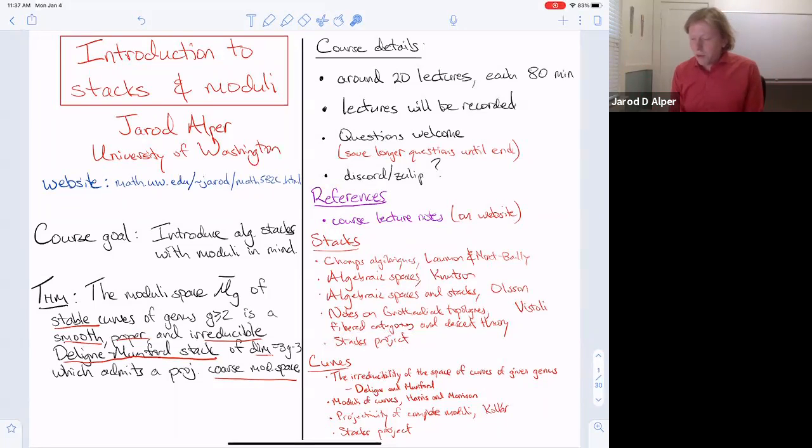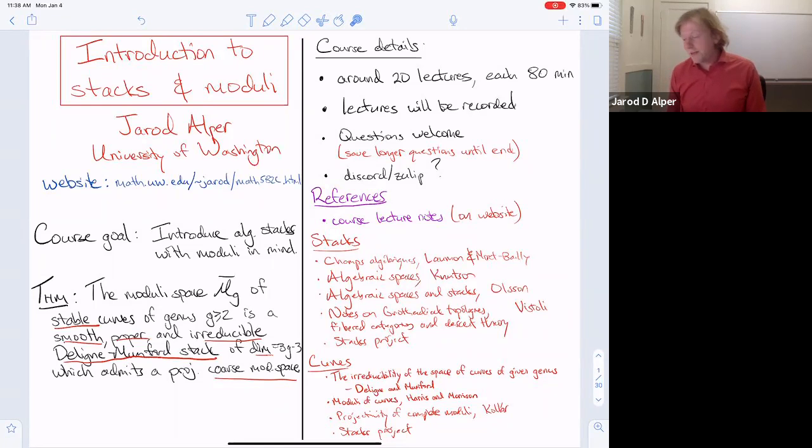Which contains most of what I'm going to be doing in this course, often in much greater detail. And so for the background on the moduli of curves, the quintessential paper here is Deligne-Mumford's original paper, the irreducibility of the space of curves of genus g, where actually in this paper, it is the first paper that introduces the notion of an algebraic stack. So it could also go in the list of stack references, but this paper is sort of famous, and then